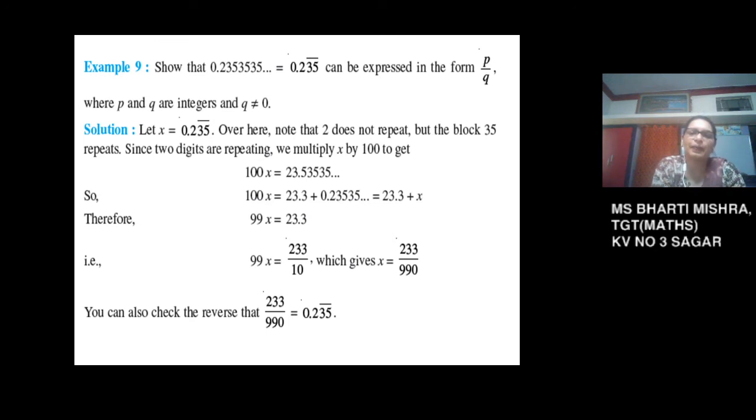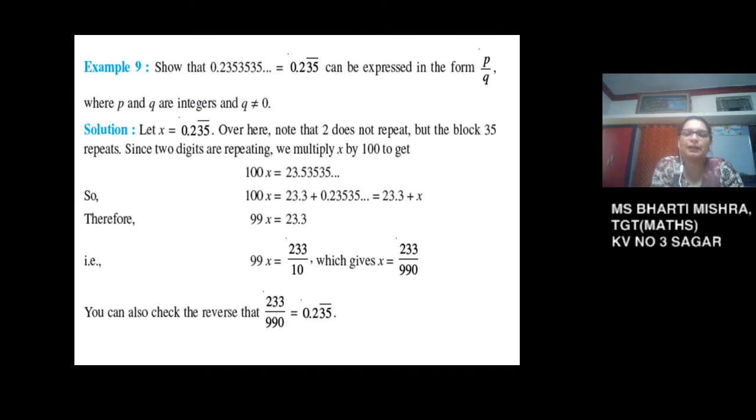So here 35 is repeated again and again. Here the method is a little different, a little bit the same as what we have considered in the previous example. In this we have to shift the decimal point 2 places in the right direction. In the previous example we had multiplied by 10. We shifted 1 place when we were multiplying. Here we want to shift it 2 places. So we are multiplying by 100.